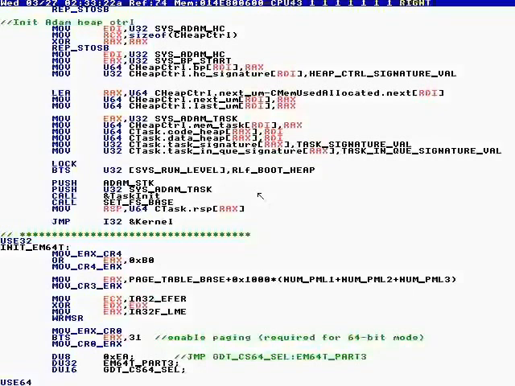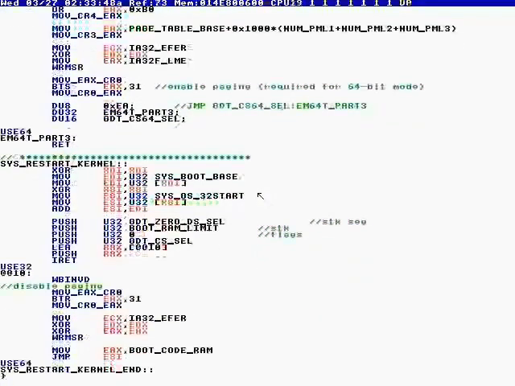This EFR thing, write model specific register. We enable paging. So we set our pages up for 64-bit. Now we set the GDT, I'm going to look at that in a second. Okay, so then we jump to part 3, CS. Now when we do a soft boot, we have to change back to 32-bit, and then either we halt or something. I forgot what we do. Anyway,